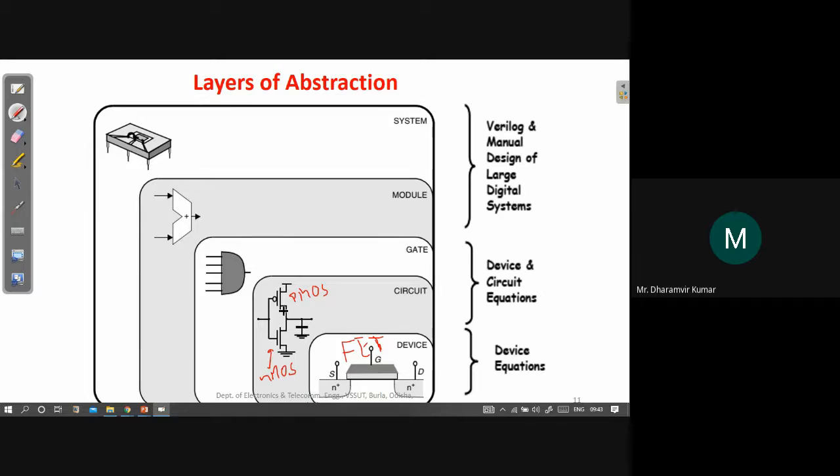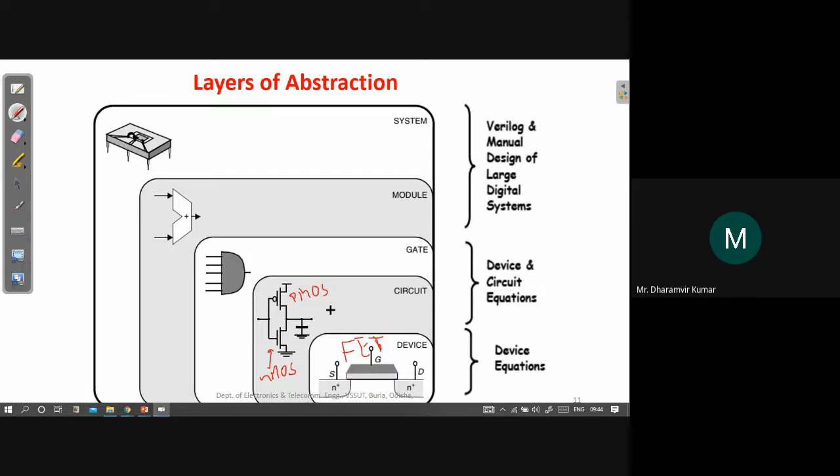Now the next layer comes as gate. There would be gates like NAND gates, OR gates, AND gates, NOR gates, XOR gates, and some complex gates, AOI, OAI, that is AND-OR-invert and OR-AND-invert gates. So there are several kinds of gates, and these gates can be formed by combining different circuits.